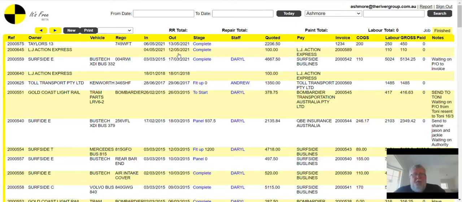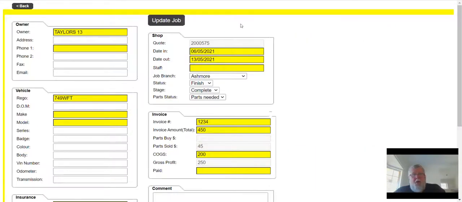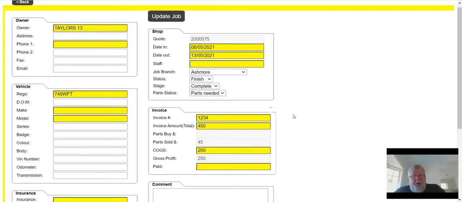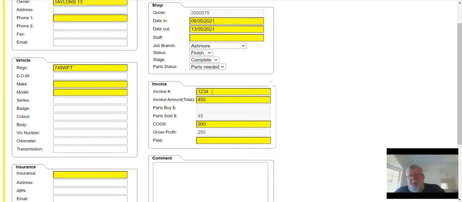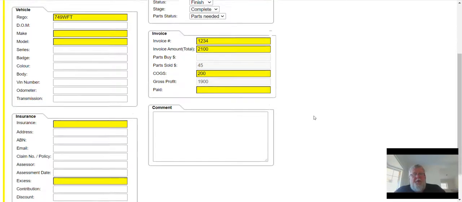And it'll tell us a little bit more information on the finances over here. The cost of goods shouldn't ever have 0. You've got to manually enter it all. It can be a little bit of a nuisance, so the one above it, we'll just pick on it for a moment. Before you send a job across and you're at this page, just in the invoice section, invoice number. Once you've hit the invoice in Crashzone, it'll automatically populate that. It'll automatically populate the amount, which I think in that case was a $2,100 job roughly. Right, you populate your own cost of goods there, the $200, which meant that your gross profit / labour was $1,900. Update,